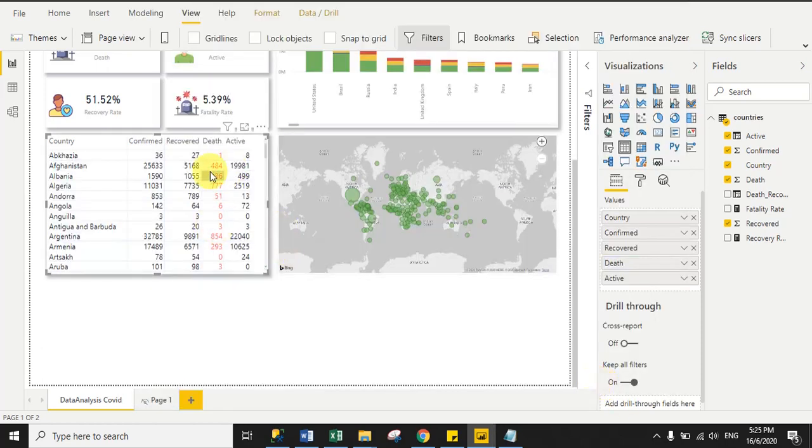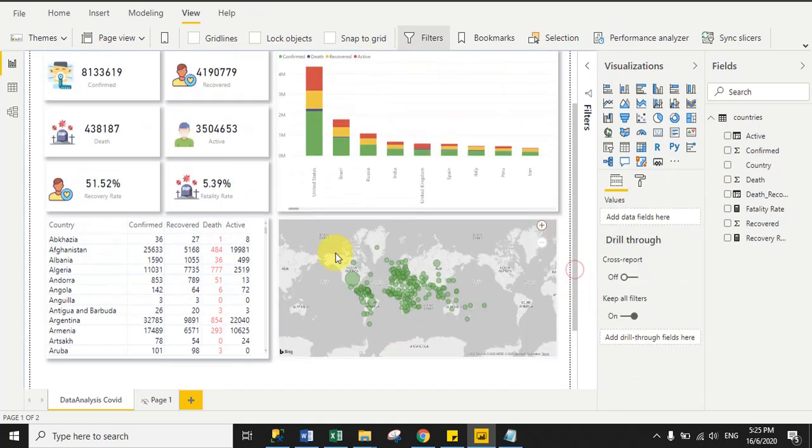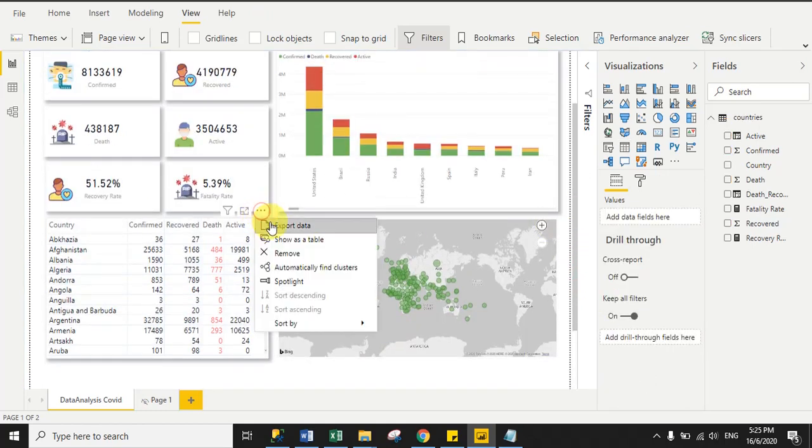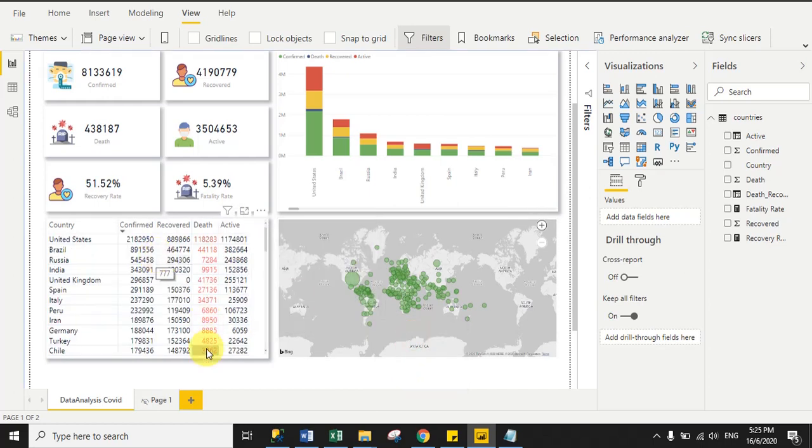So you can see here now your death count has been changed, and then click to ellipse icon and sort by confirm cases. Okay, so now it is showing you United States in top, descending to ascending order.